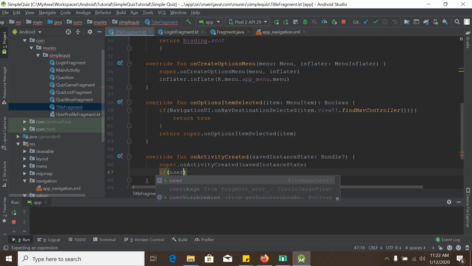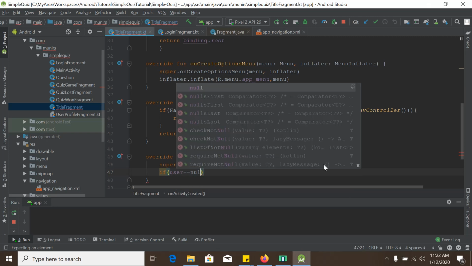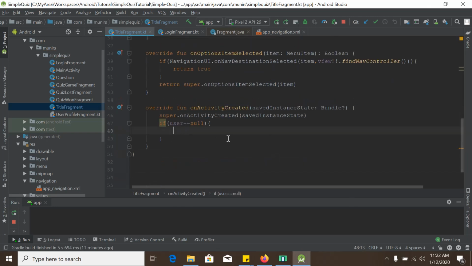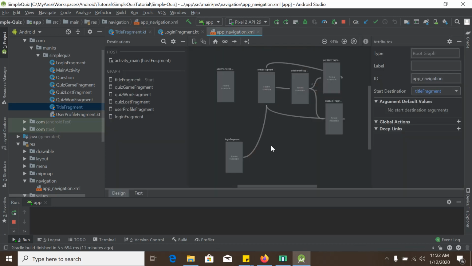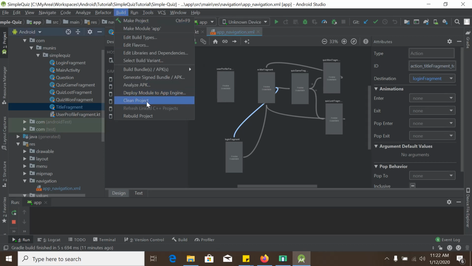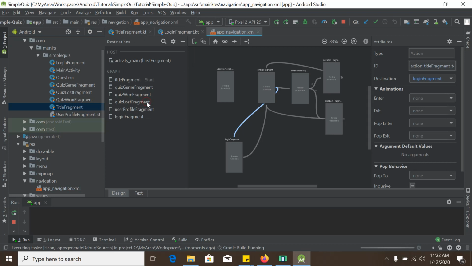user equals null. Okay, we need to go back to our login activity. So how can I do it? We will again go to our app navigation, and from the title fragment we will go to the login fragment, and we will give a clean project. So we place the clean project